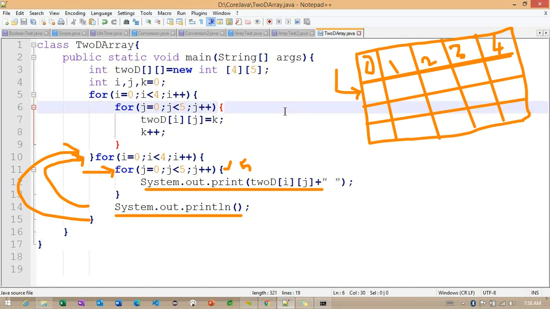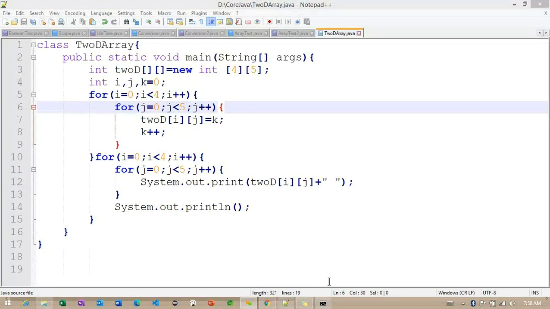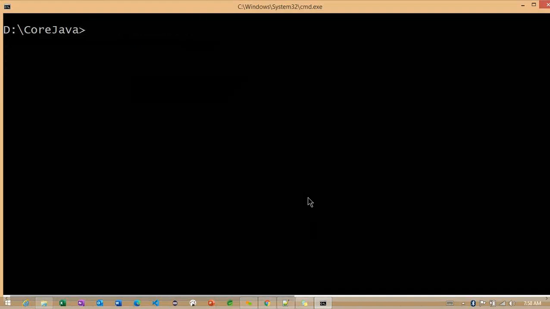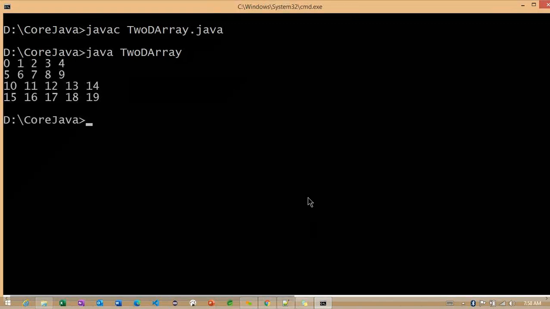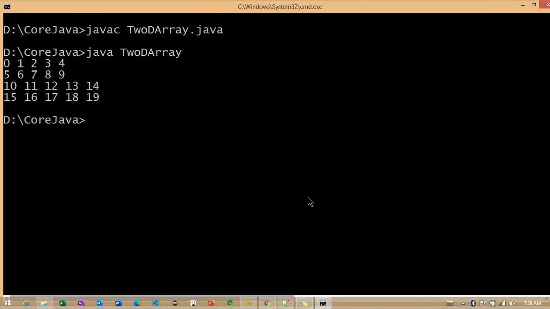Now I'm going to save this example, and we'll go for the same block of code, compile the code, and run it. Getting the point? Now you can see how the values are printing. For each row we have 5 columns, and we have 4 rows. This is the way we need to print the values here. Getting the point? Sometimes the print logic is going to give more.